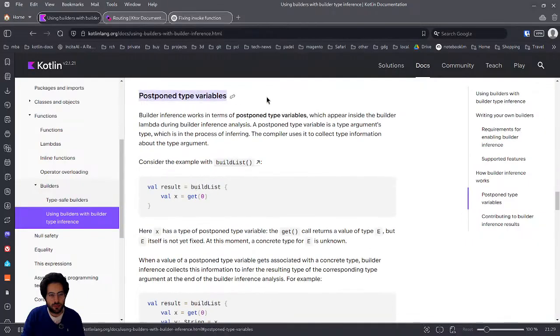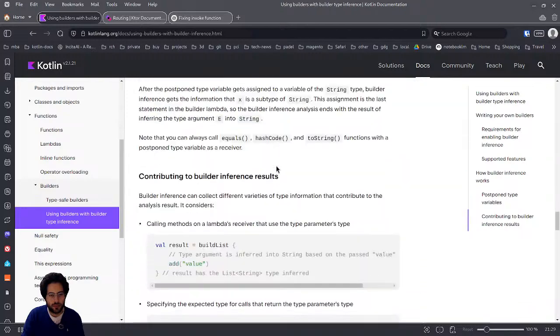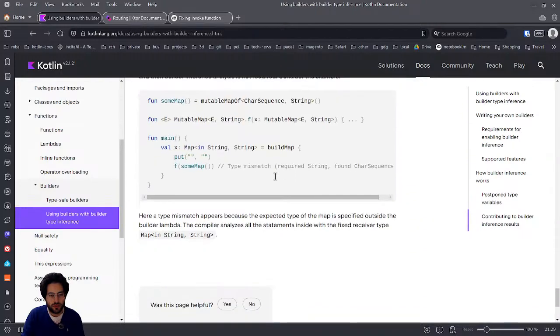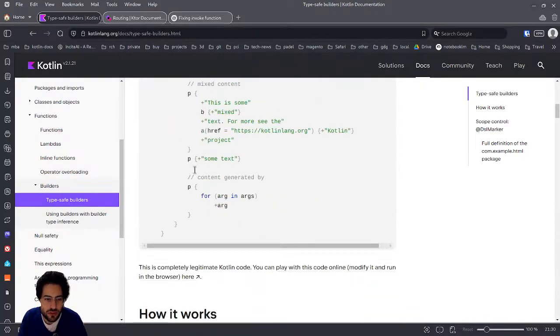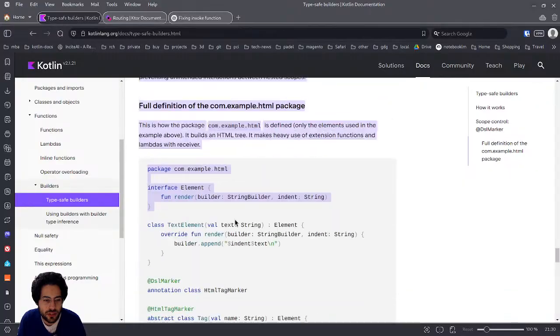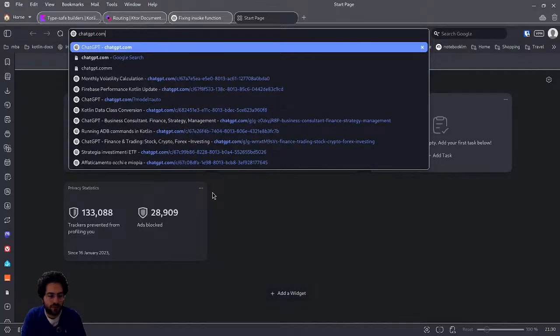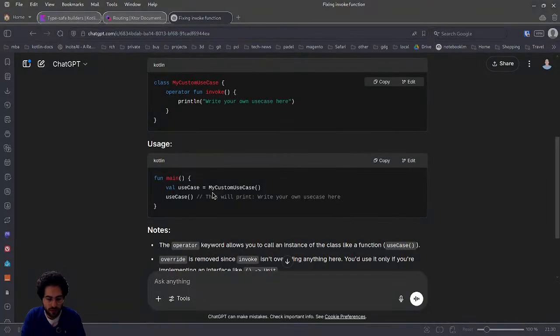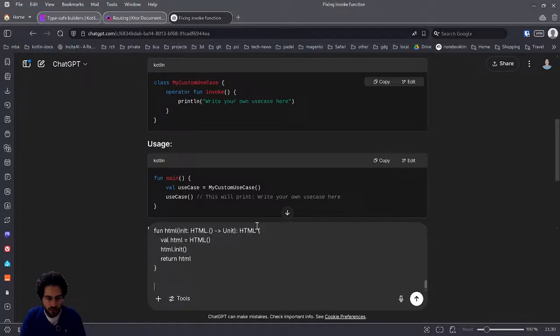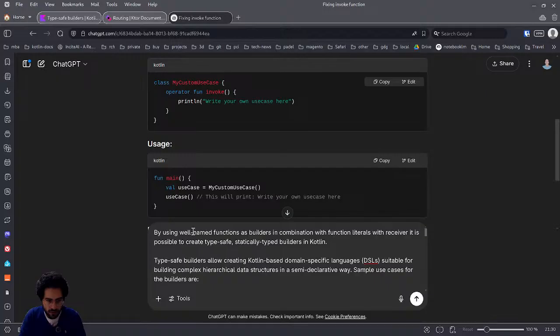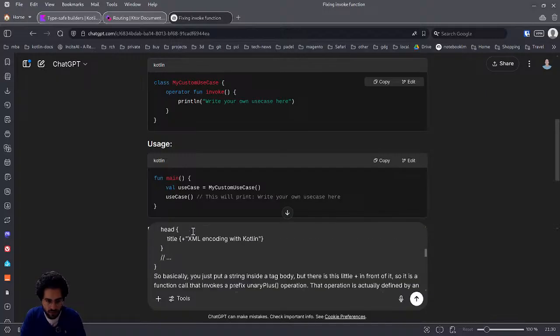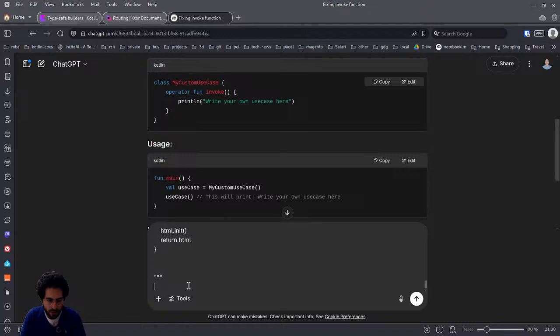So okay, postpone type variables. Okay, so I think I'm gonna stop here because it's a little bit long. Let me see. So make a short recap of